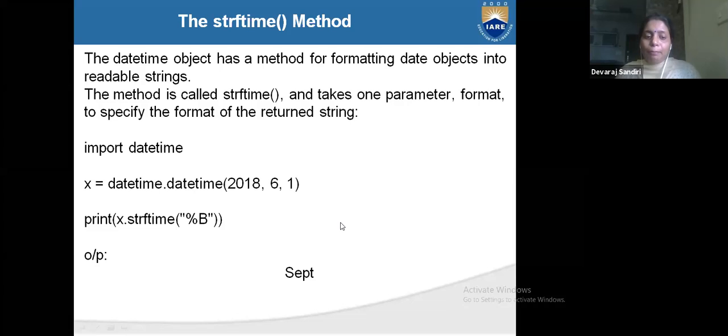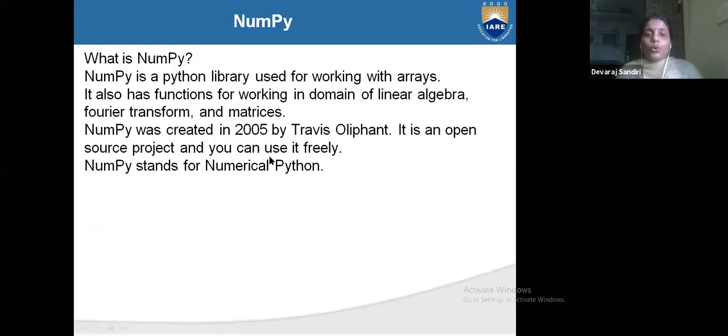Now, what is NumPy? See, datetime I completed today, arrays I completed today in depth, and now NumPy. What is NumPy? NumPy is like an array only. But why are we using the NumPy library? NumPy is a Python library used for working with arrays.